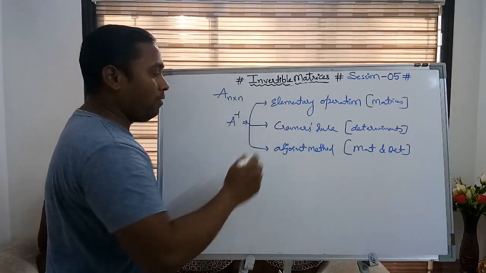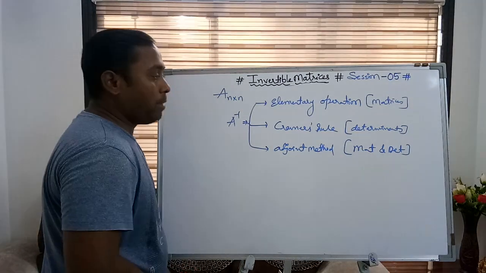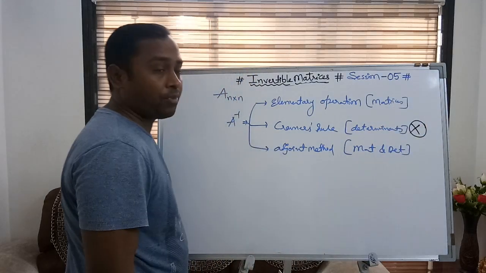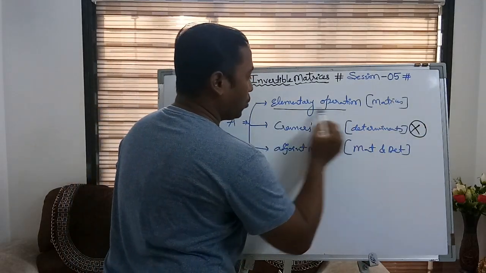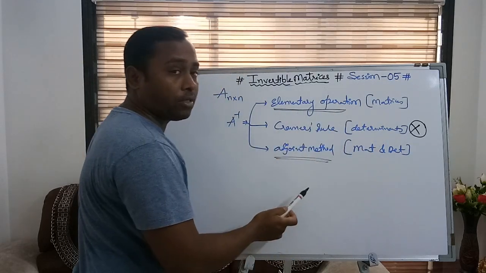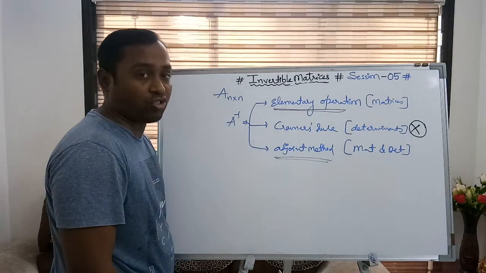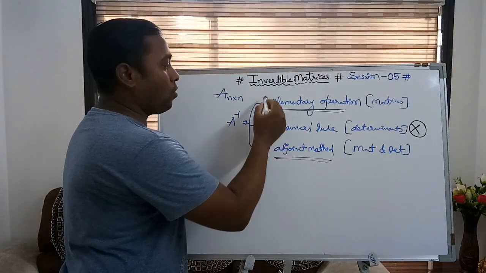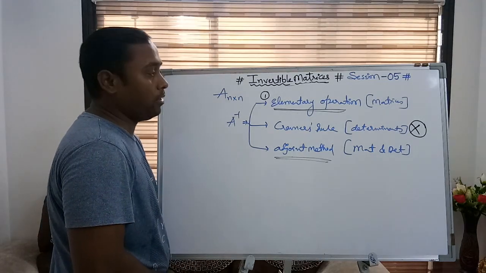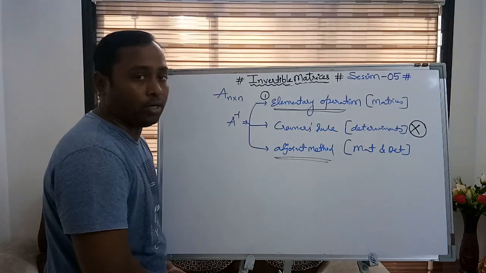Here there are three fundamental methods to find the inverse of a square matrix, but out of these three methods, this method is not there in the syllabus. Hence, we are only having two methods to find the inverse. One is introduced in the matrices chapter, and the second, the adjoint method, is introduced in the determinant chapter, that is the next chapter. So in this chapter, we are having only one method to find the inverse, that is what? Elementary operation method. Now let's try to understand what this elementary operation method is and how it will work.